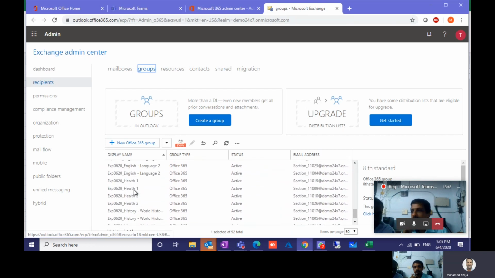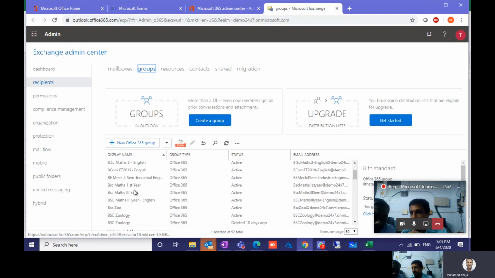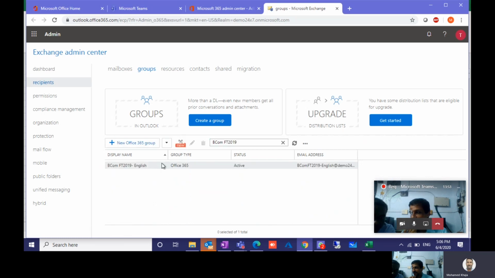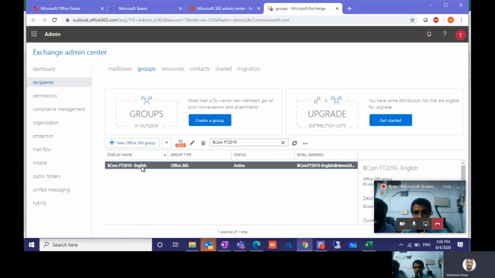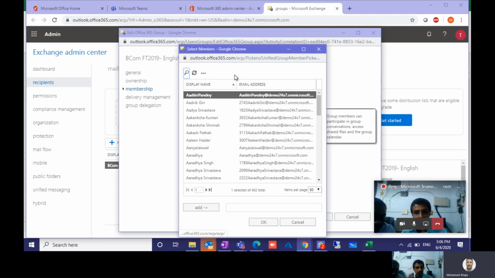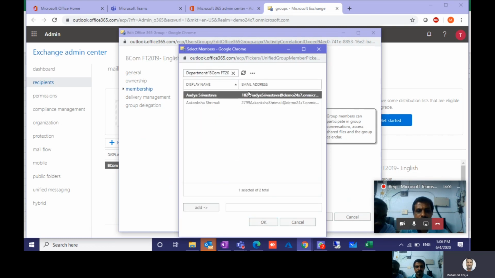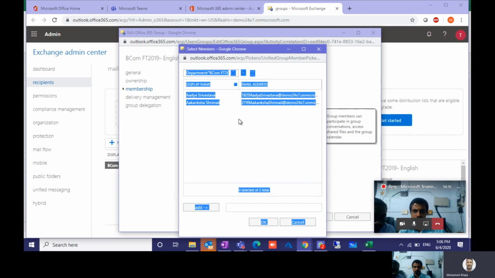Three dots, advanced search, department. See now, the two students who have this department have come. What I have to do is select all, Control A. You can see, if the students are more than 50.